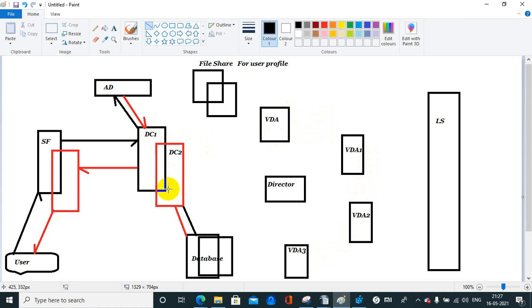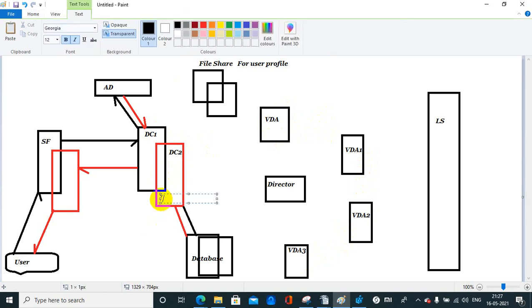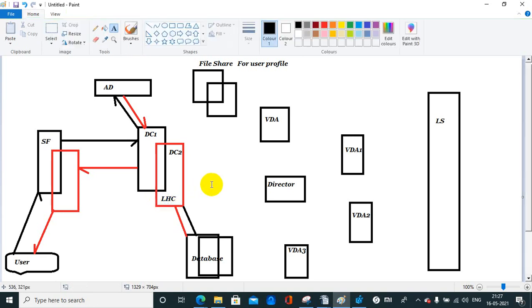Apart from that, there is one more database, a SQL database, the LHC. Okay, LHC. And yesterday I updated you on one more thing, apart from LHC: connection leasing.